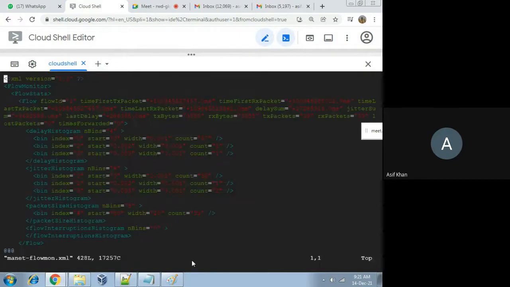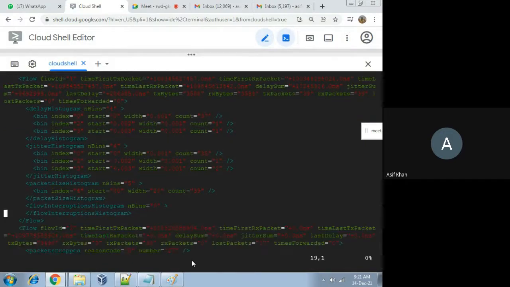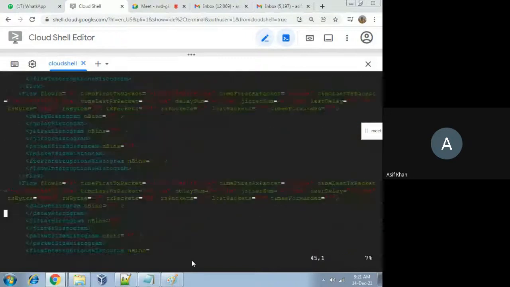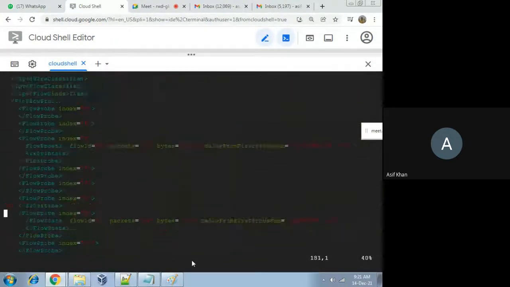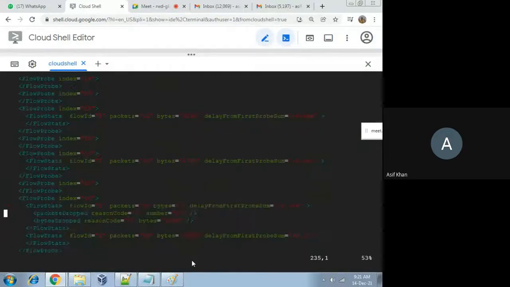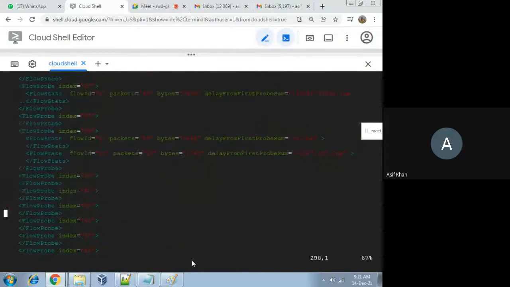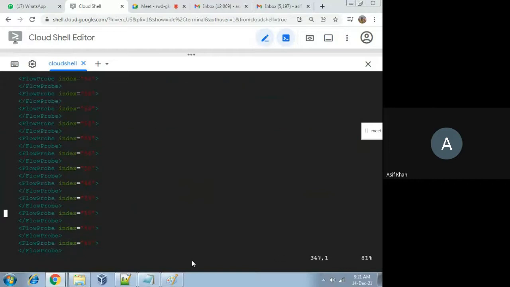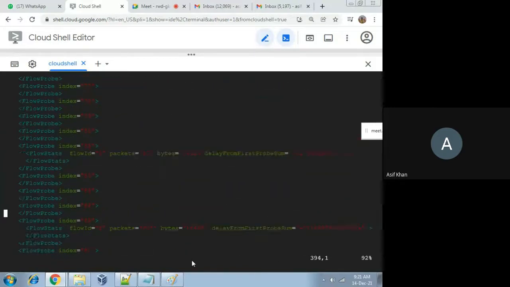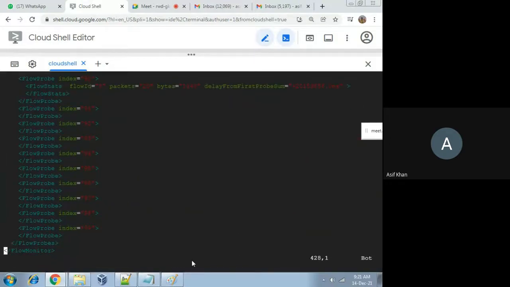Enter. See, this is the XML file, and it contains several lines of code. You can see this is an XML file, and a total of 428 lines are there.